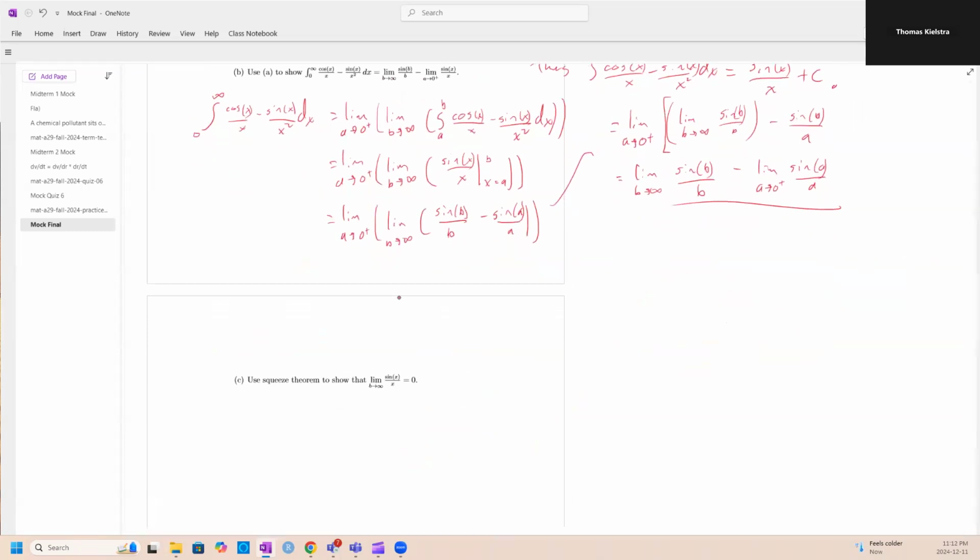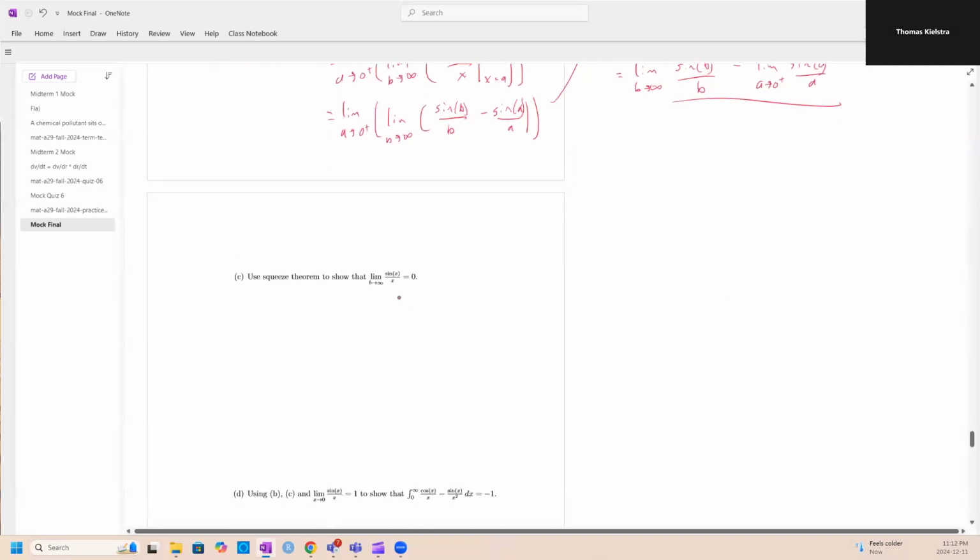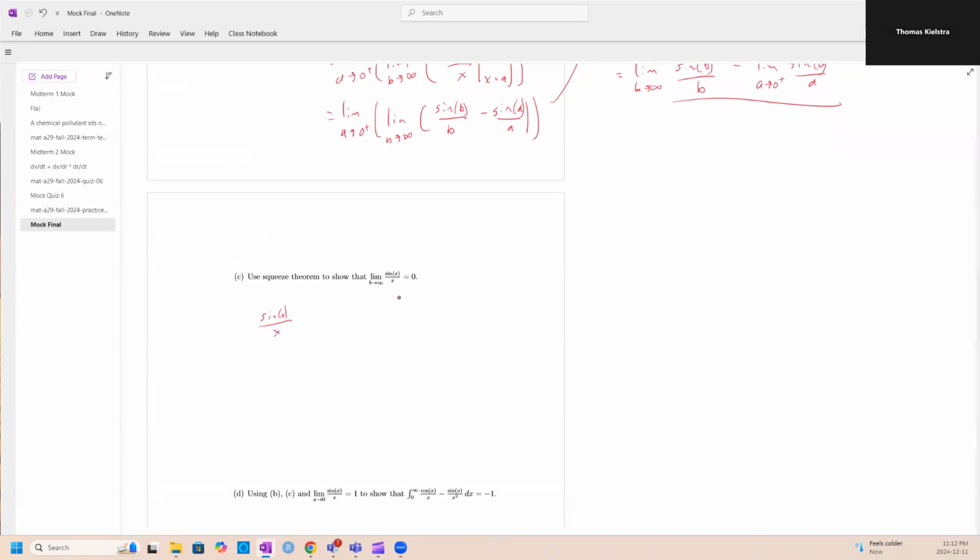In the third question, we want to use squeeze theorem to show that the limit as b approaches infinity of sine x over x equals 0. Now, again, we need a function from the top and a function from the bottom. So sine x over x is less than or equal to absolute 1 over x sine x, which is less than or equal to absolute 1 over x absolute sine x, which is less than or equal to absolute 1 over x times 1,